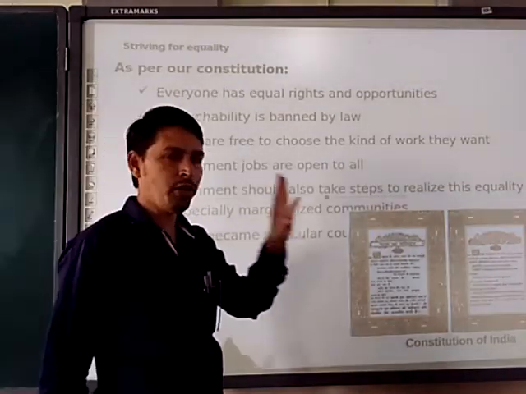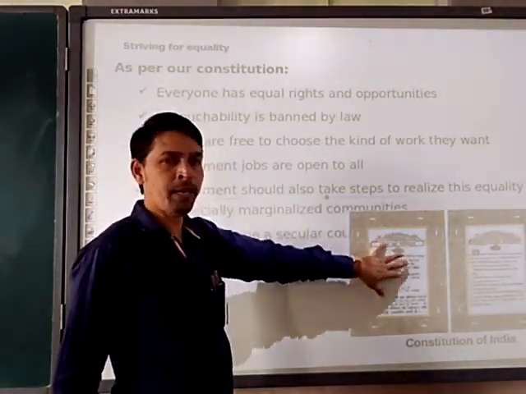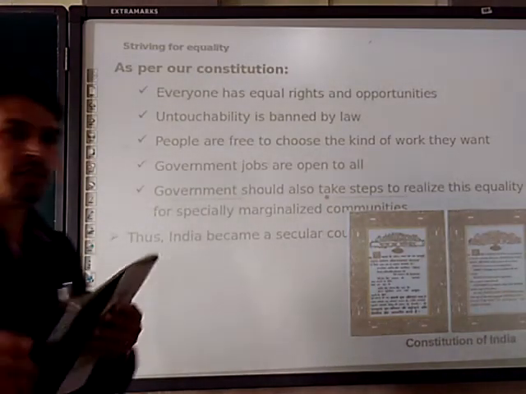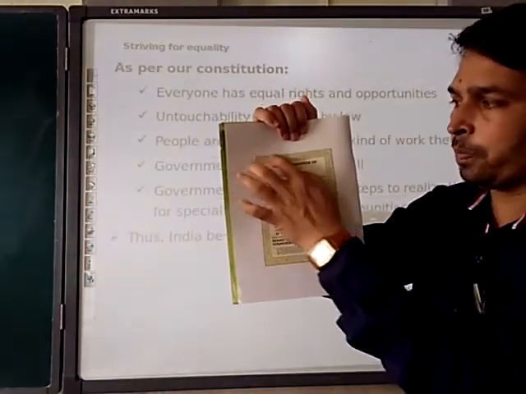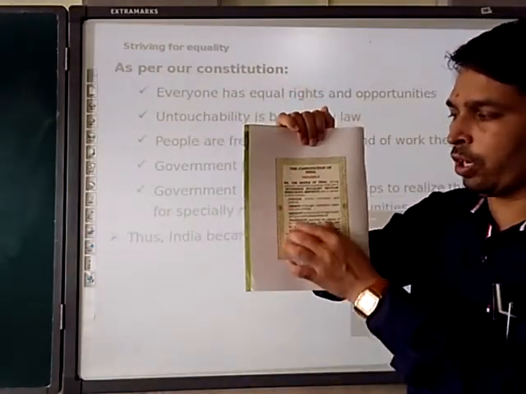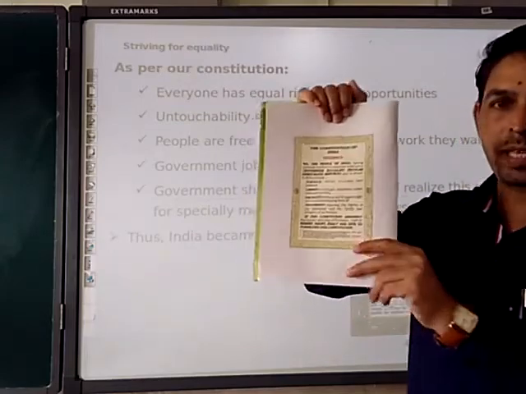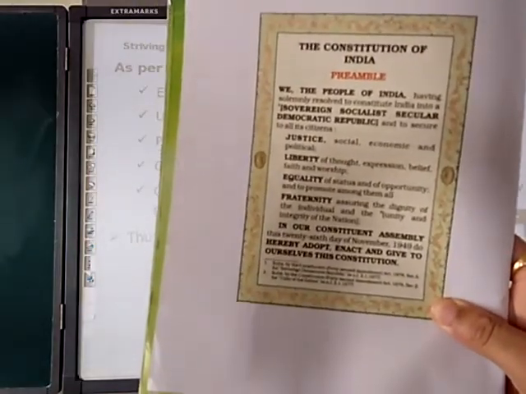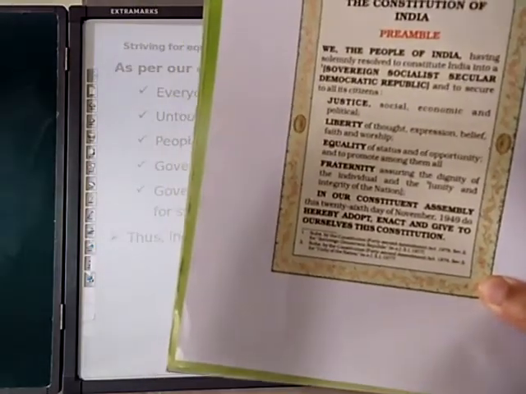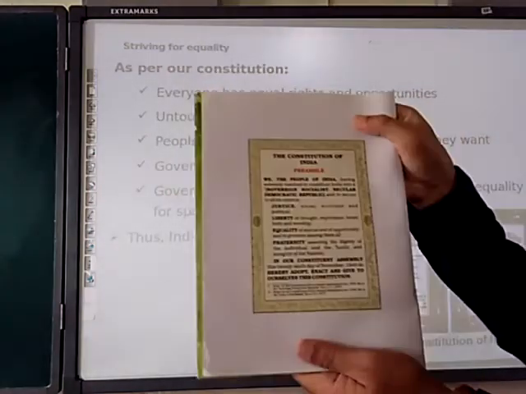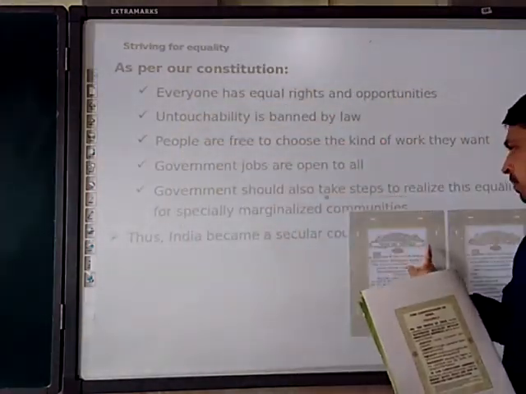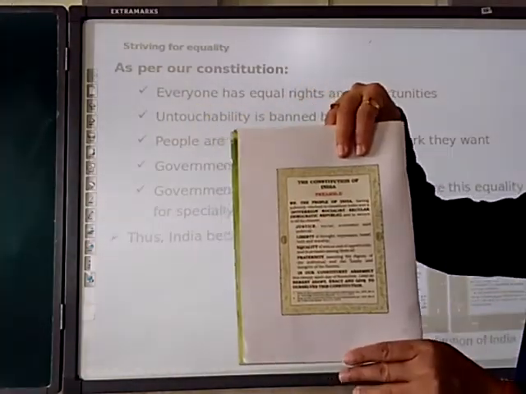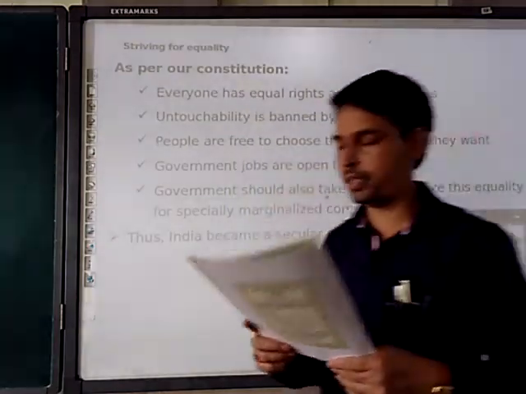I request you all to draw this preamble in the notebook in a very simple manner. This is your homework. Just make a rectangular sheet and write all this. No need to draw the design and all. Please see it carefully. Okay? So the concept is clear to you. This preamble, Bharat ka Samvidhan, in English it is the Constitution of India preamble. Okay? Next.